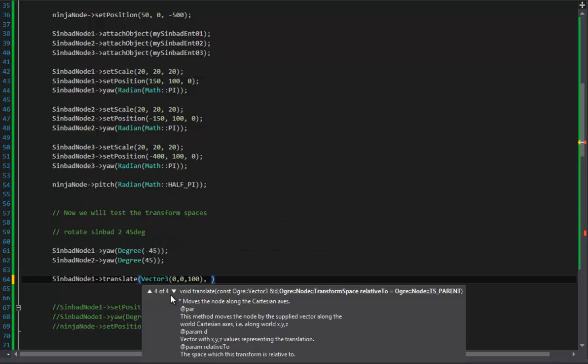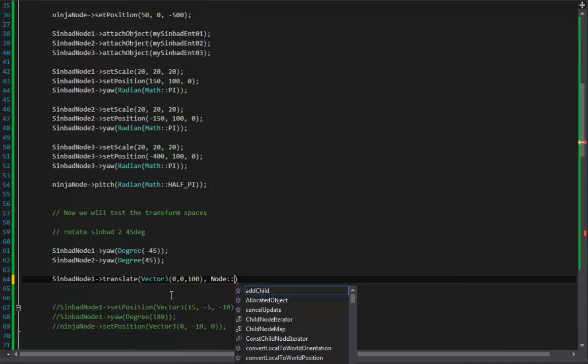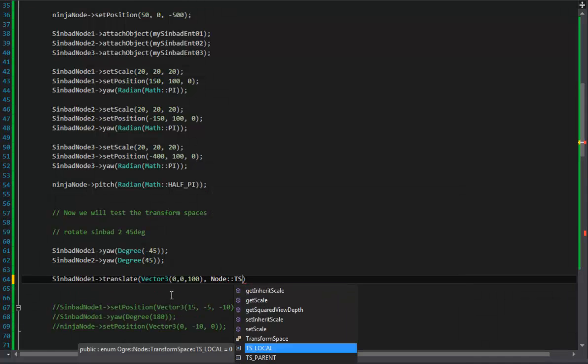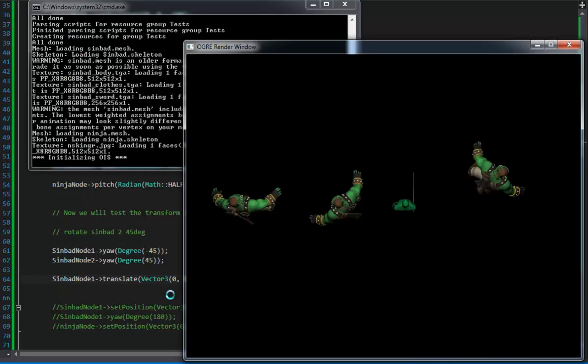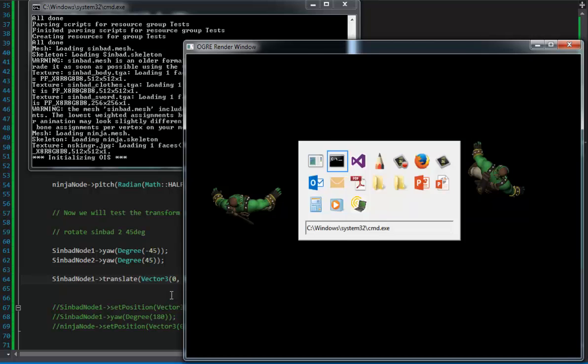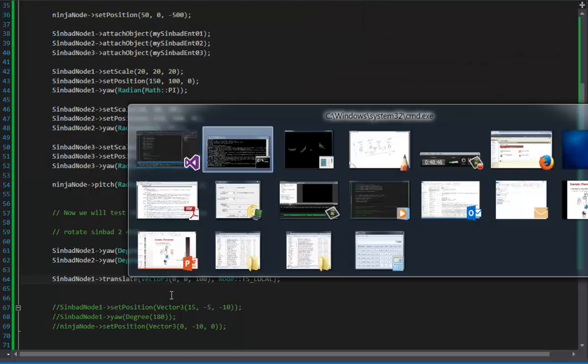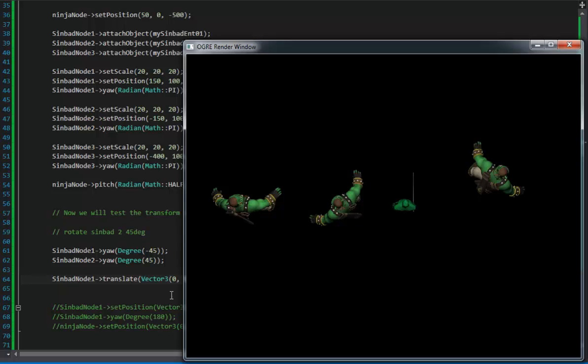Okay, so the Sinbad was to the right of my ninja, and I moved it along the z-axis. And the z-axis you can think of as the forward vector of my Sinbad. So when I move the Sinbad by 100 units on TS local, that means along its own z-axis. Let's see what happens if we do it along the